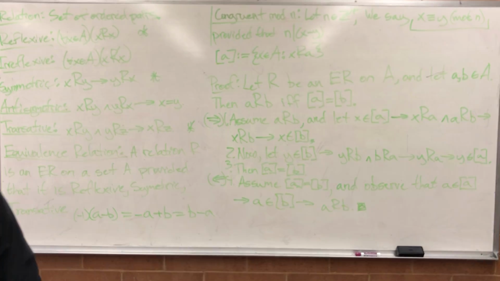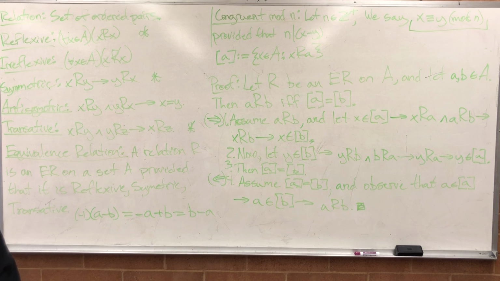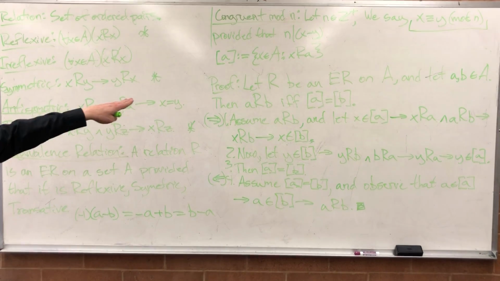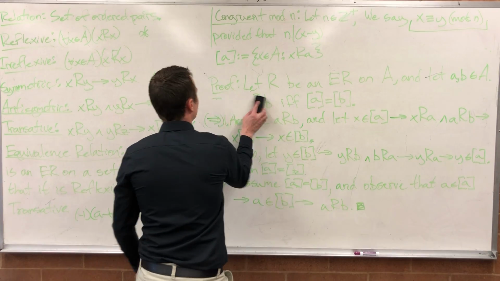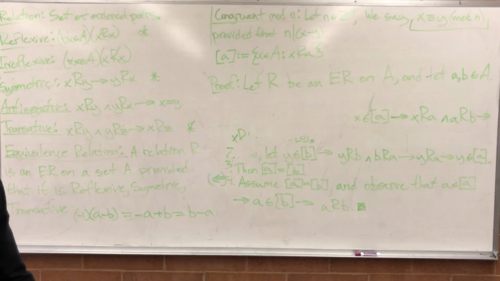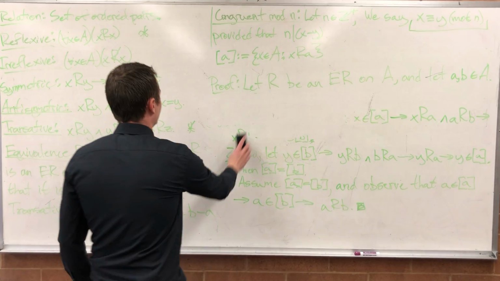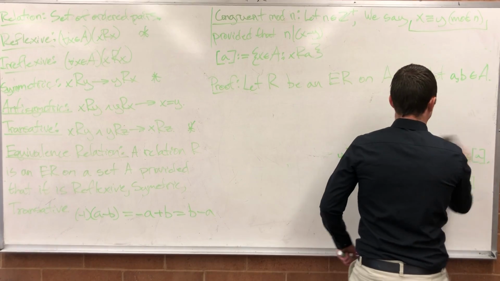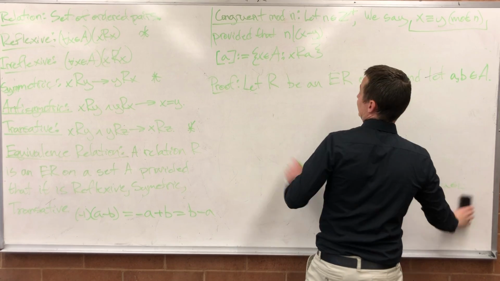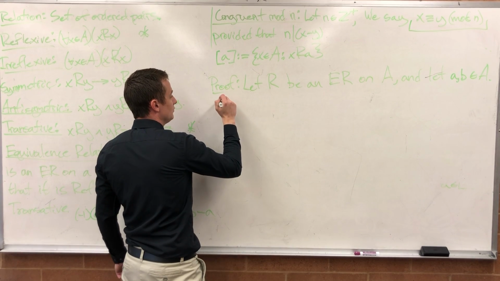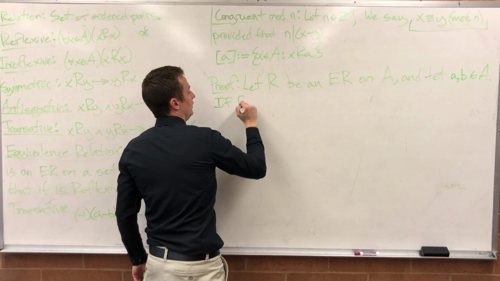All right, next one. Let R be an equivalence relation on a set A. Oh, that's a homework problem. Next one, that's not a homework problem. Let R be an equivalence relation on A, and suppose that the intersection of their equivalence classes is not empty. So basically I have the same setup here. Let R be an equivalence relation on A, and let a and b be in A. If the intersection